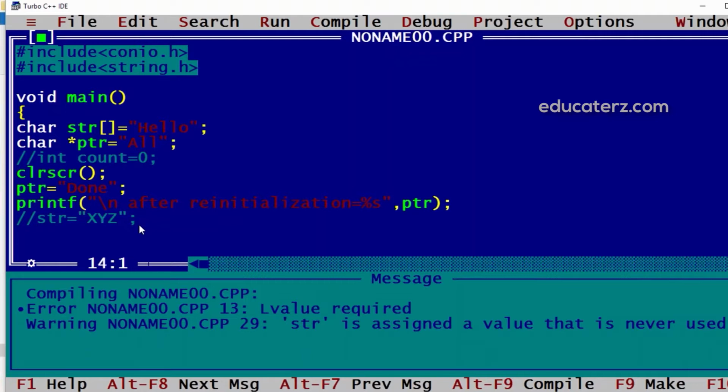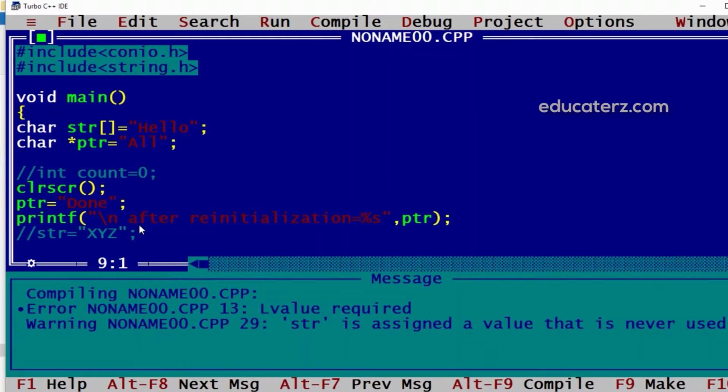Similarly, we cannot have a character array, say str1 of 20, and we cannot say str1 of 21 equal to str.